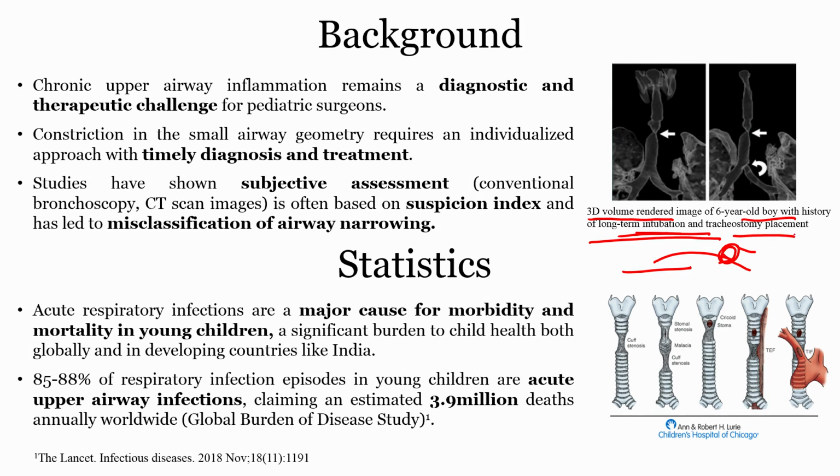And tracheostomy placement. Here, if it is a healthy condition, this is supposed to be a tubular structure, but what happened is a constriction which was visualized through a CT scan image. Now, because of this constriction, there is a change in the fluid flow, that is, there is a transition from laminar to turbulence.